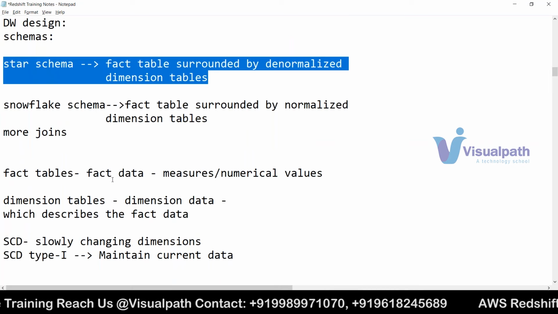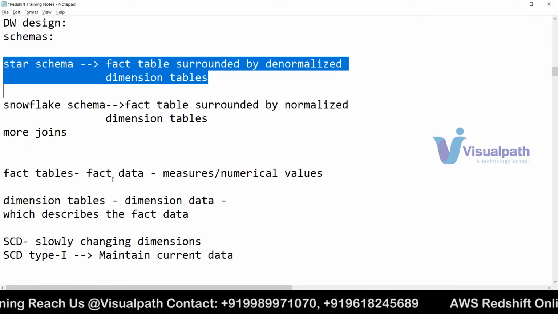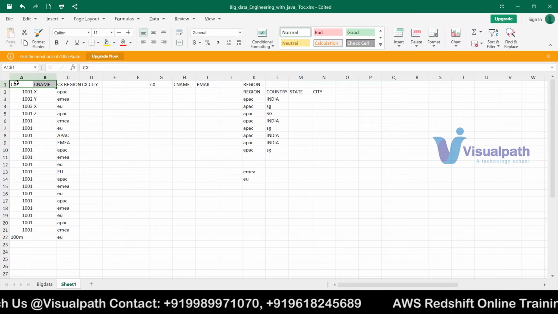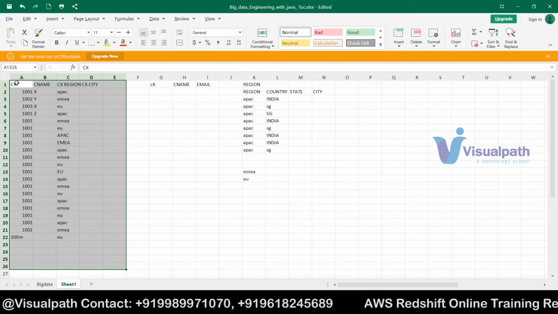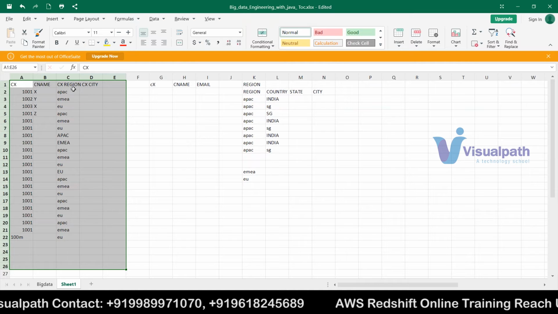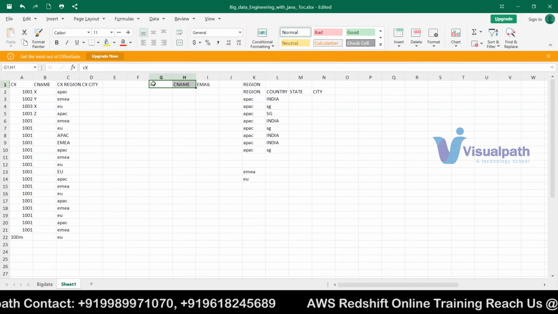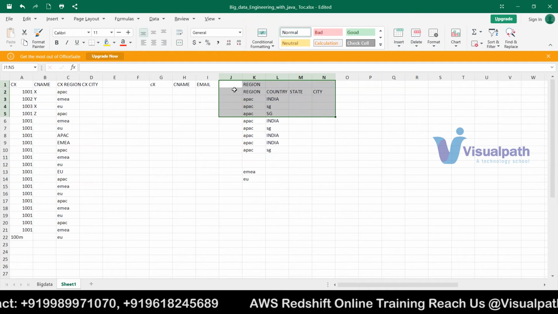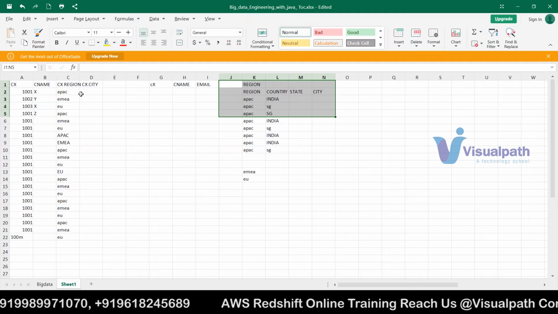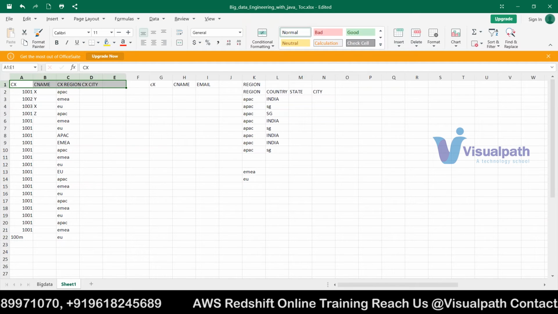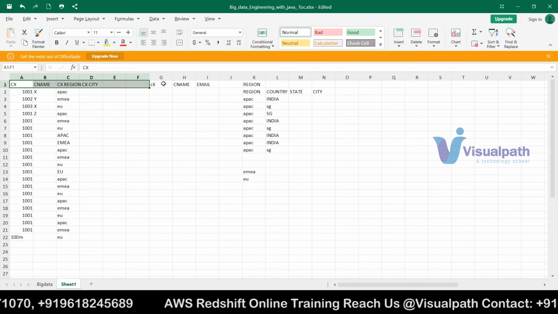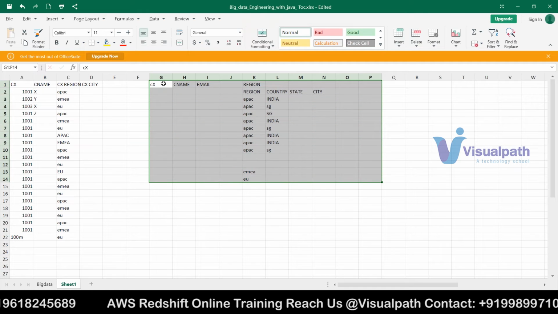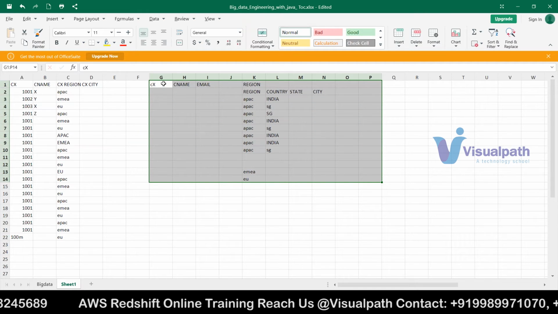So that's the reason. If people are using star schema, they will be using this particular dimension table. If they're using snowflake schema, they'll be using two tables, one is a customer related table and the other one is region related. So what is the difference? In one, they are only using one dimension table, where all your data is present in a single table. Here they split the table, or rather they normalized the table, to have separate data for each region.